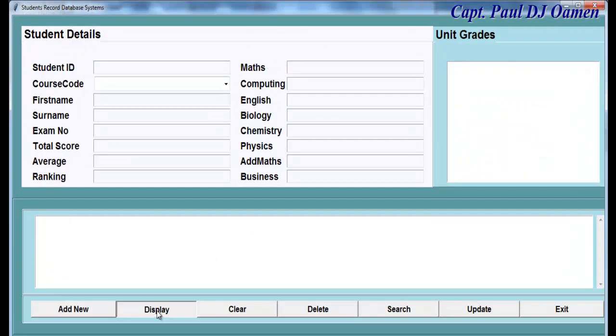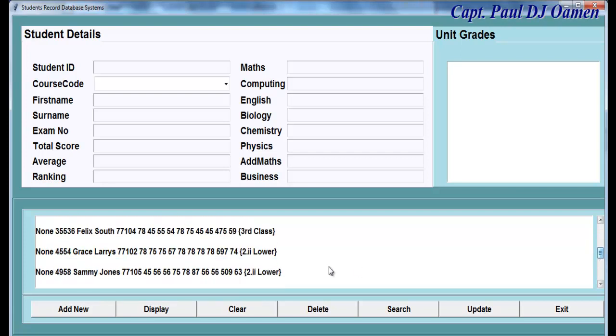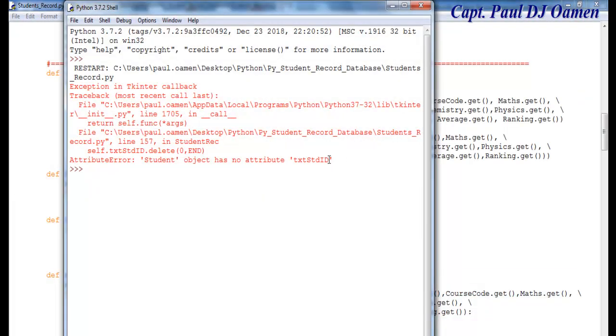Right, let's click on display. Okay, and let's scroll right down here. Click on any of these. If I click on them, I expect it to display something here for me. Nope, we have a problem. I think there might be an error. Let's see. All right,